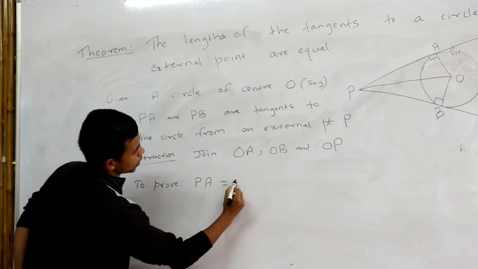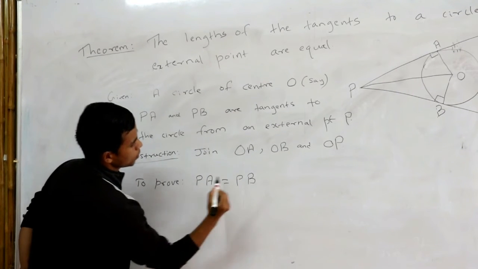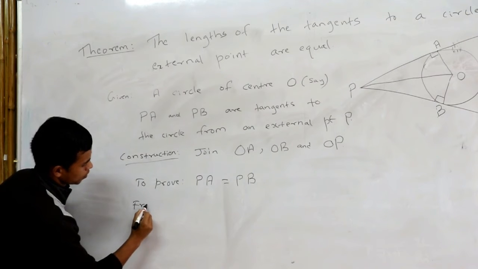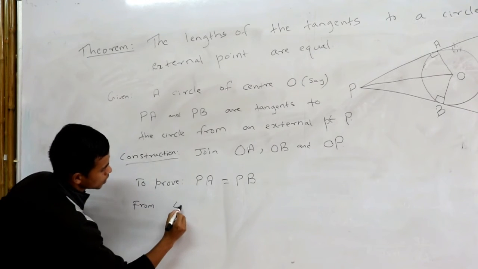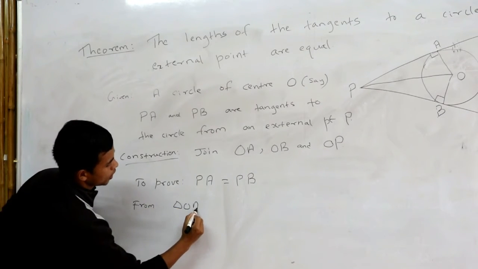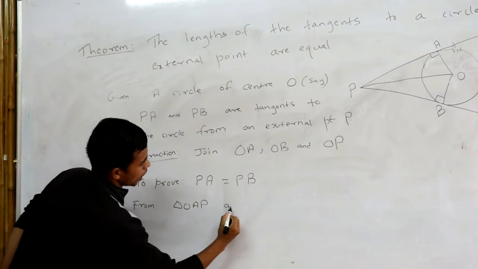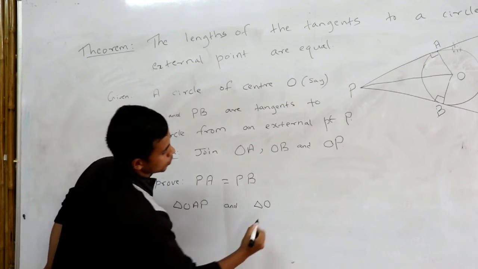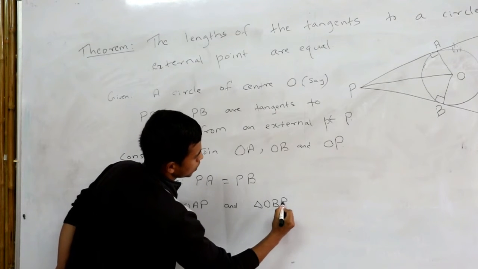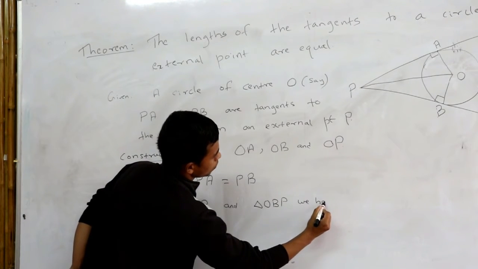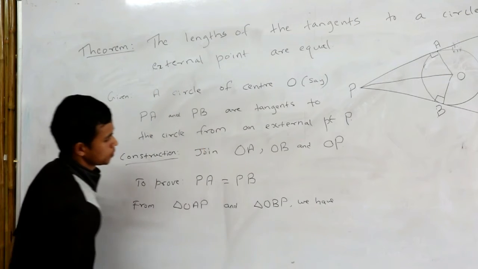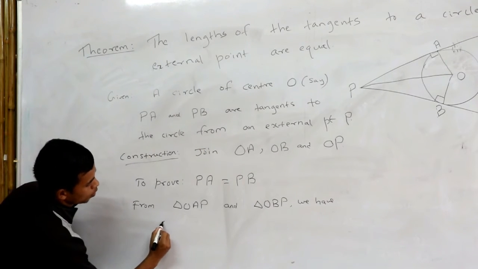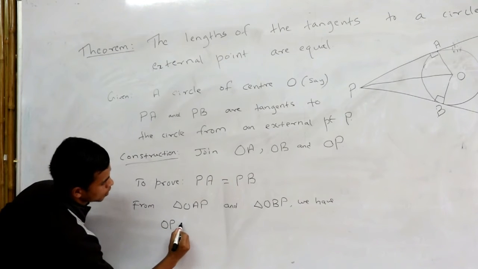So we have to prove that PA is equal to PB, and from triangles OAP and triangle OBP, we have OP is equal to